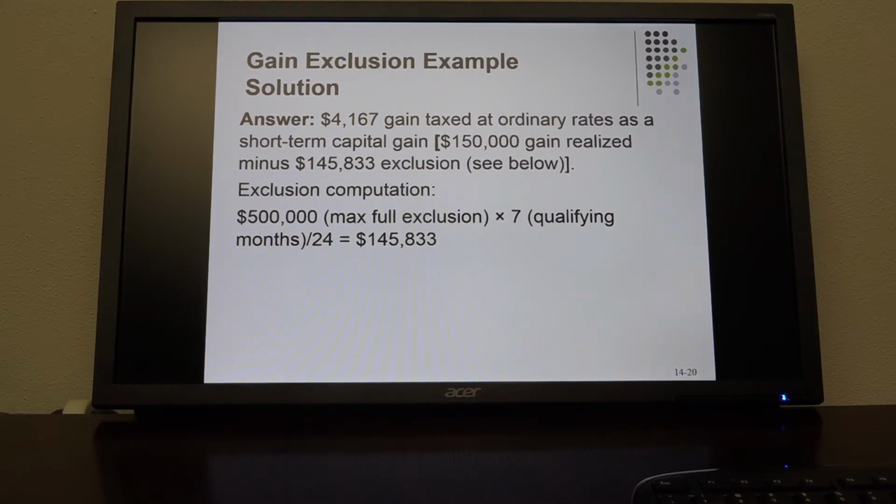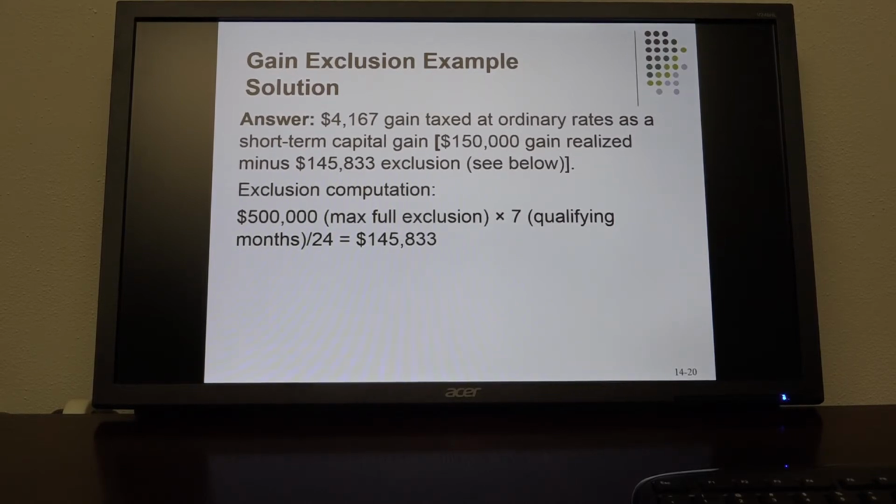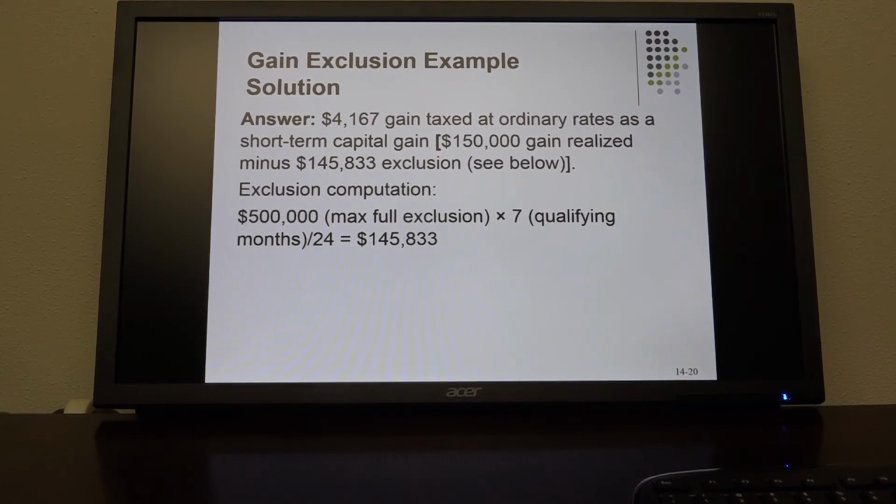Well, they sold it for more than that, so the difference is going to be a capital gain. They get to exclude 145,833 of the gain, and the excess is capital gain. So 4,167